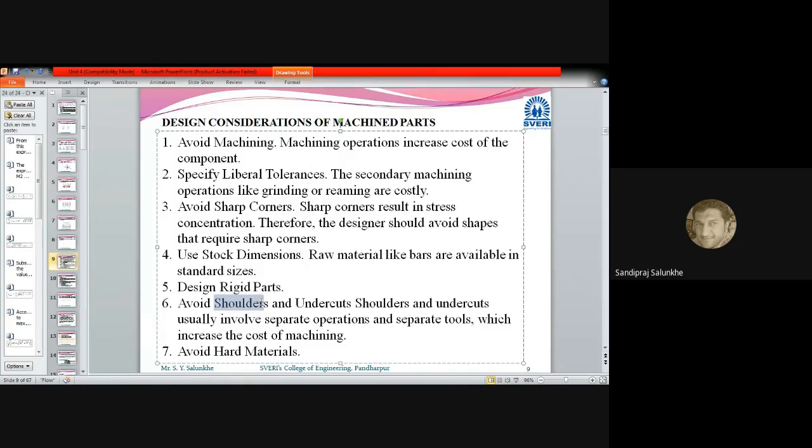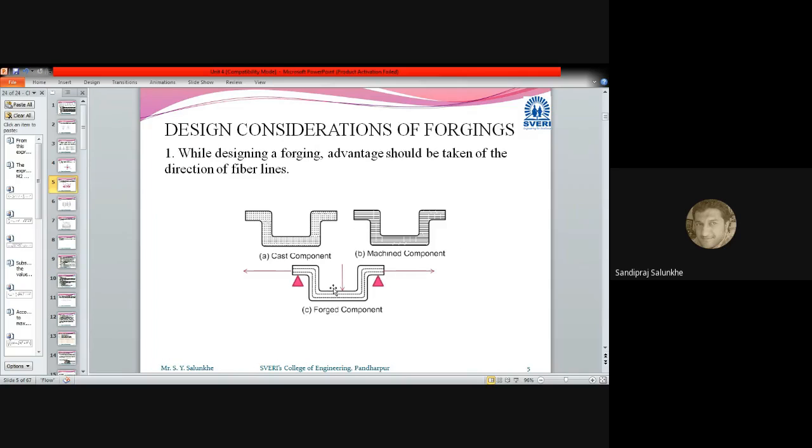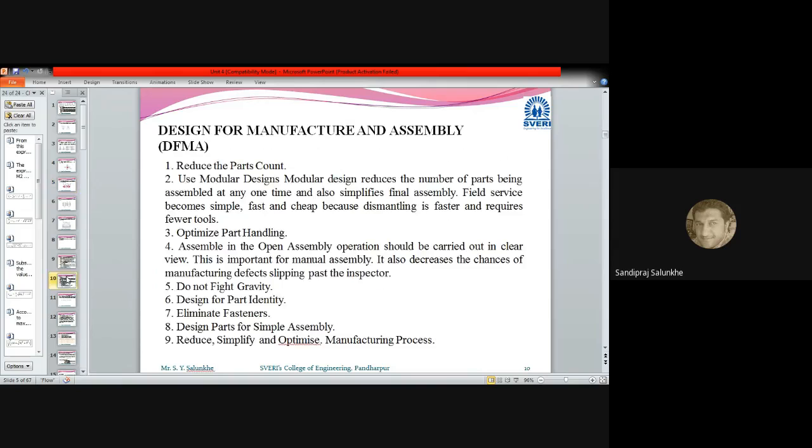And undercut shoulders are this type of component, which will be subjected to bending load and is undercut. If you are going to manufacture it with the help of machining, then we have to use boring as an operation, right? We have to bore this much part and remove this material. In this case, this is called shoulder hanging. So we have to avoid such type of design,